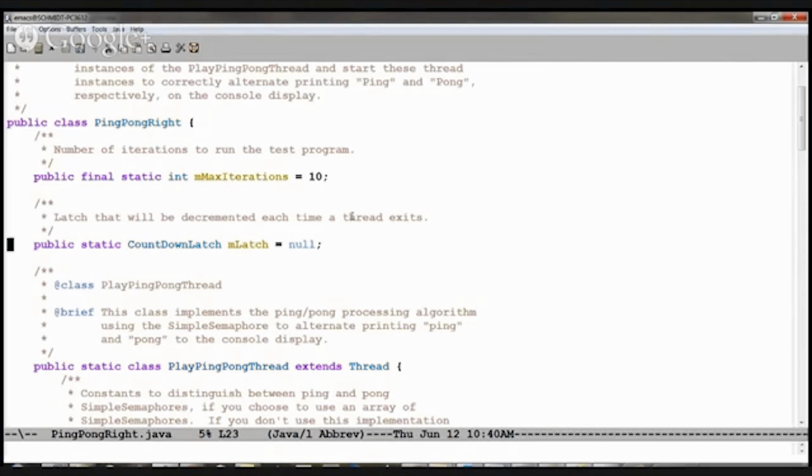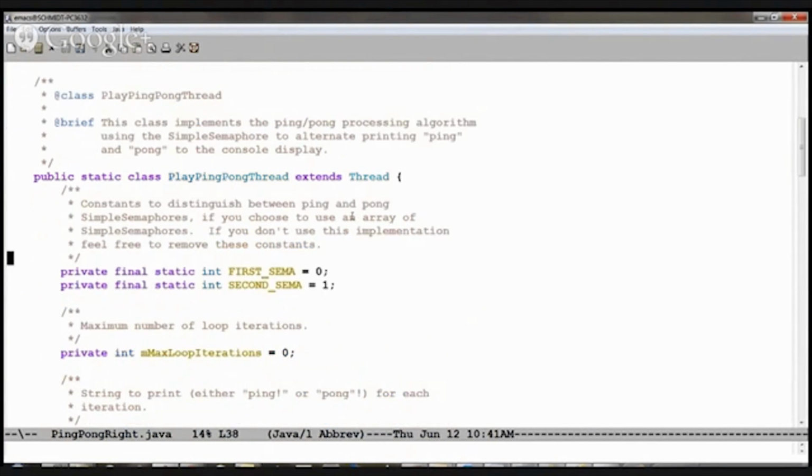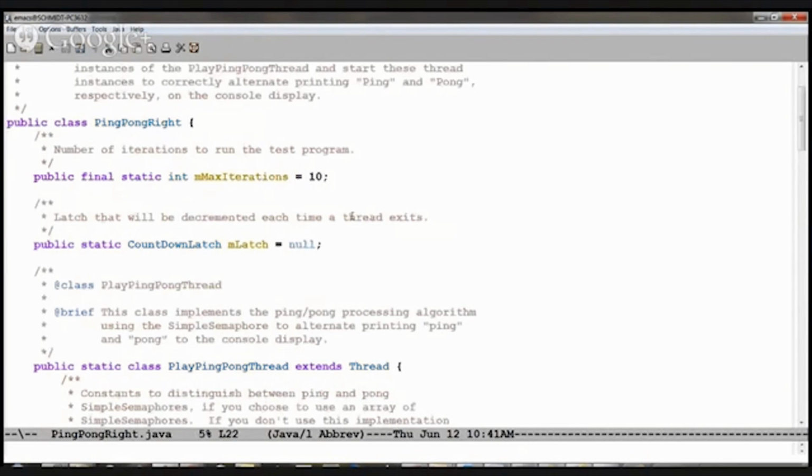Here is the latch that's declared every time a thread exits. As you can see, it's set to null. We're going to initialize it later. We'll talk about that. Oh, by the way, as you'll see later, you don't strictly have to use a countdown latch here. You could actually, in this particular case, just use